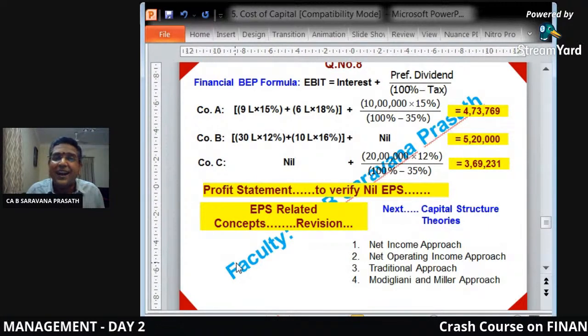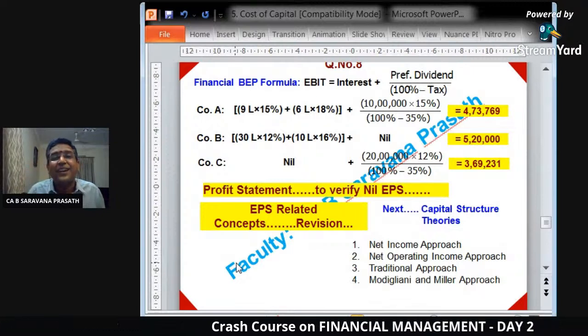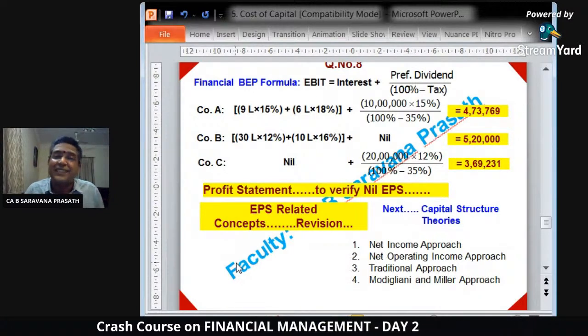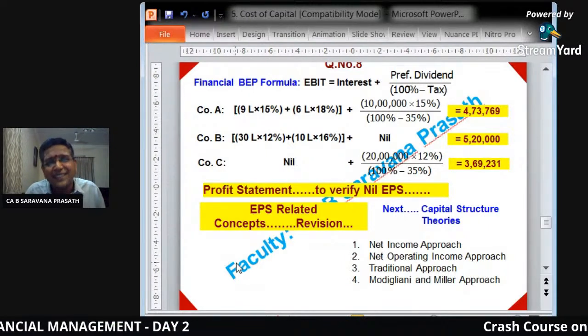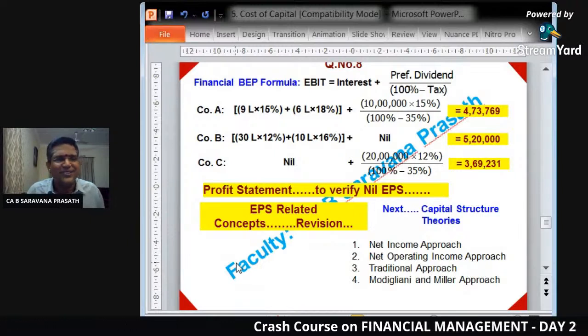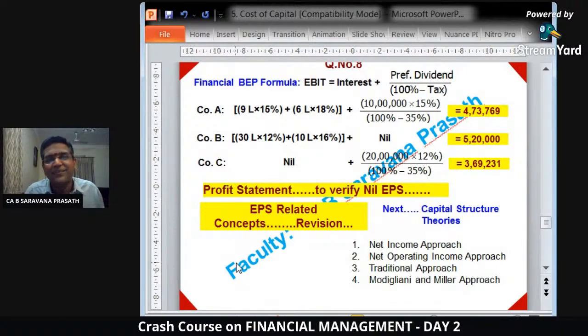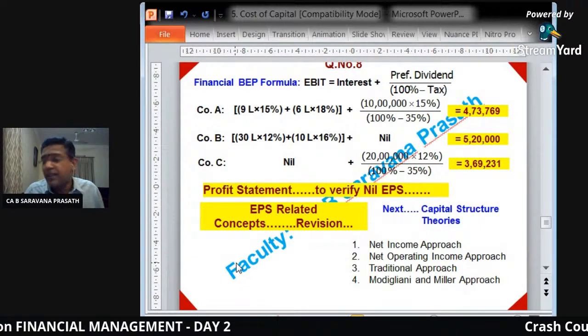Old means applicable a long time back and it was used then. Traditional means established a long time back and till now being successfully implemented. That is what is called a traditional approach. In the practical world, the traditional approach is what operates. Traditional approach says